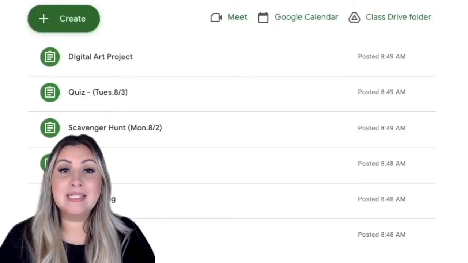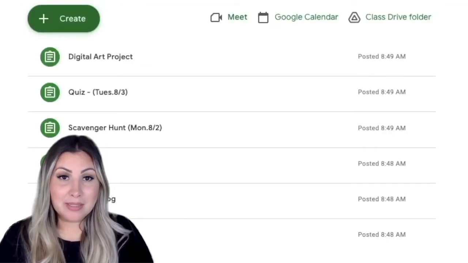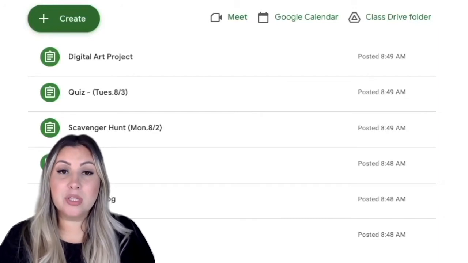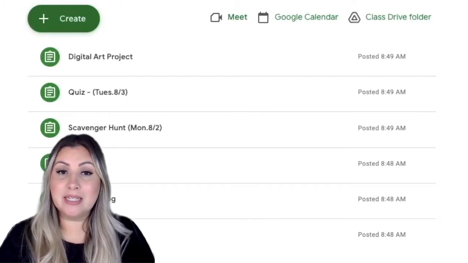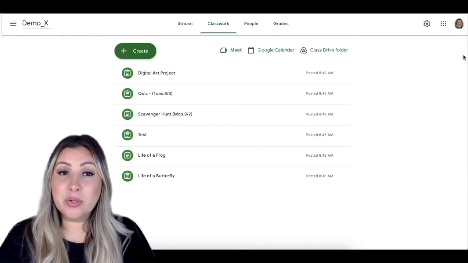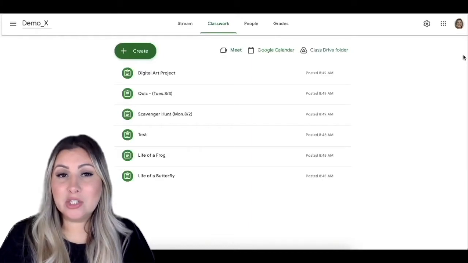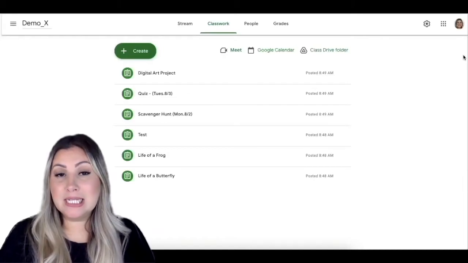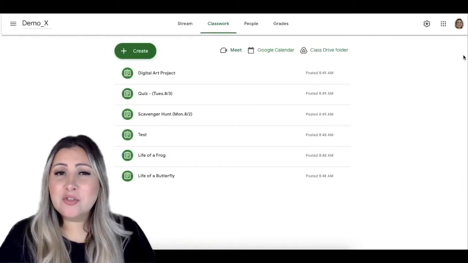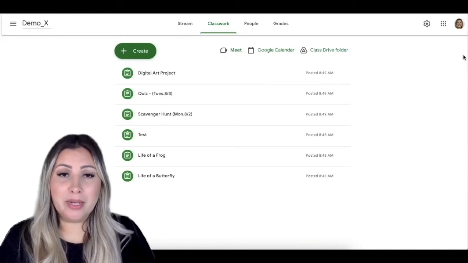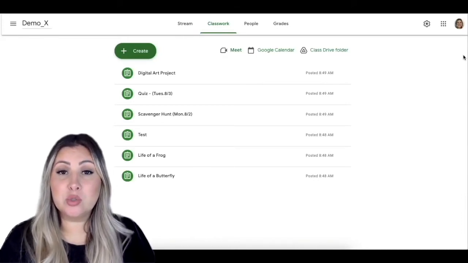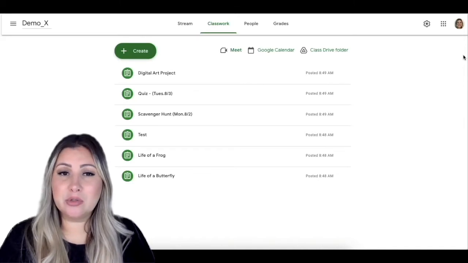When you create an assignment in Google Classroom, assignments appear on the classwork page with the most recent assignment appearing at the top and subsequent assignments falling below. Without an organizational structure, when students view the classwork page, they will see something like this. This view can be very overwhelming and hard to quickly distinguish one assignment from the next, especially as the list of assignments continues to grow.